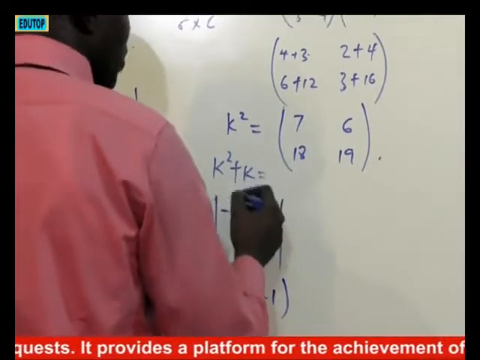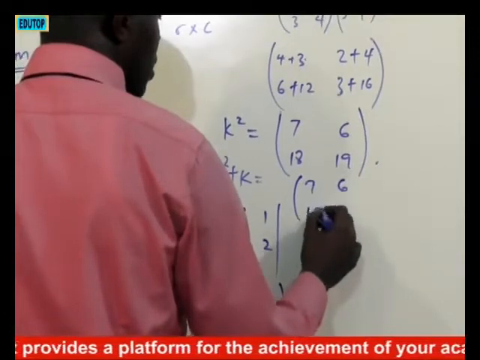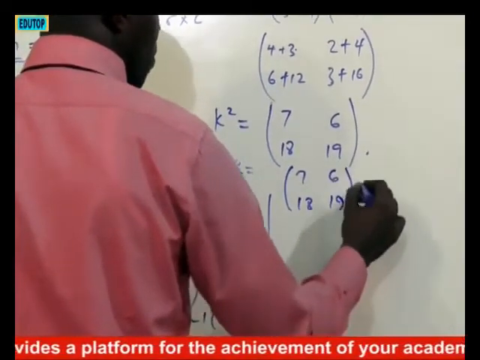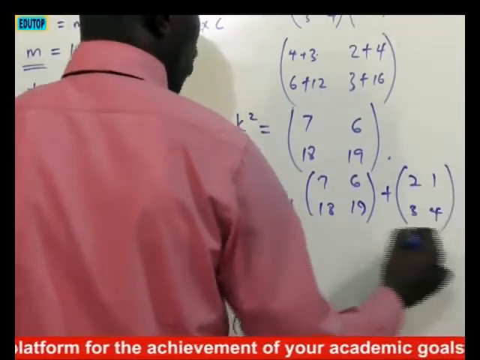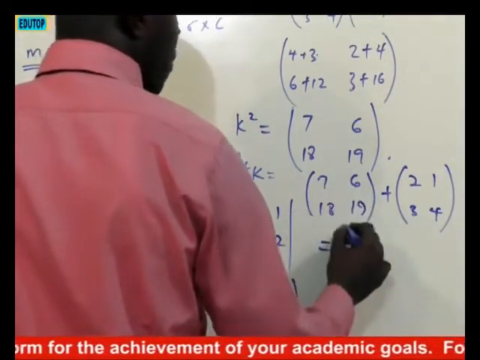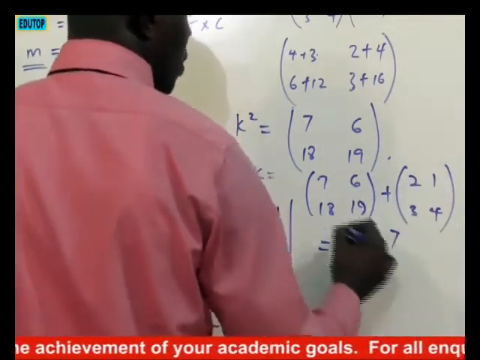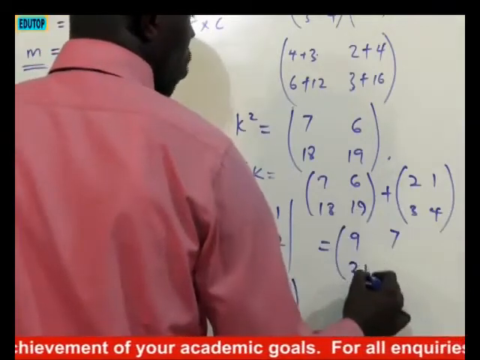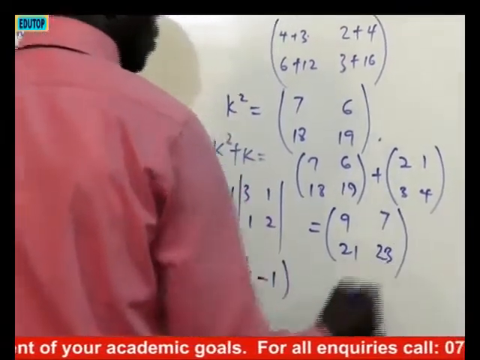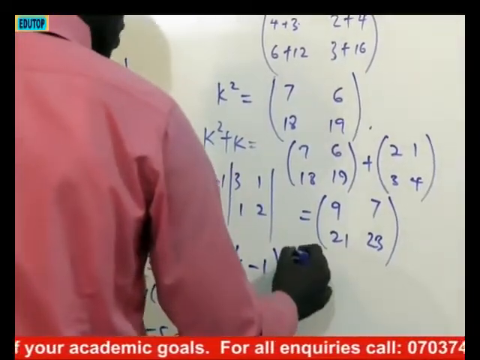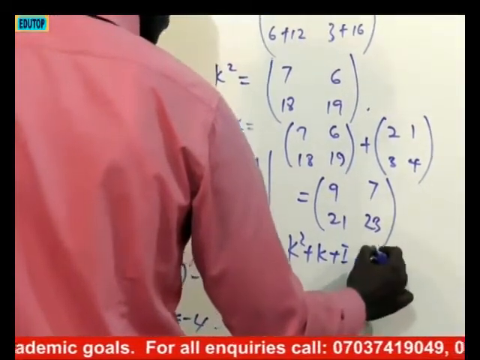Then K squared plus K will now be 7, 6, 18, 19 plus, what is our K? 2, 1, 3, 4. That will be 7 plus 2, 9. 6 plus 1, 7. 18 plus 3, 21. 19 plus 4, 23. So now we are moving to K squared plus K plus I, which is now